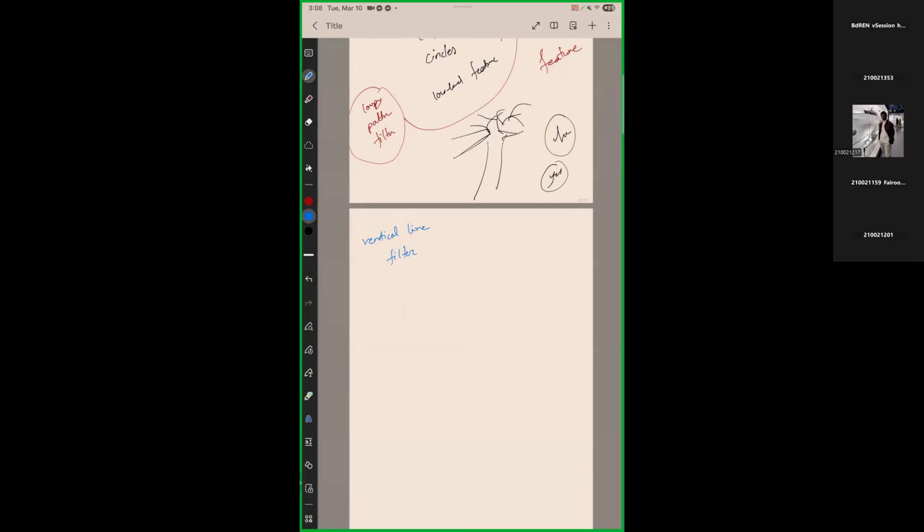Okay, what is a vertical line filter? I think the value is going to be something like this: -1, -1, -1, -1, 1, 1, 1. I think this is the vertical line filter. I forgot. Okay, yes, this should be it. So if you have an image and you pass it through this